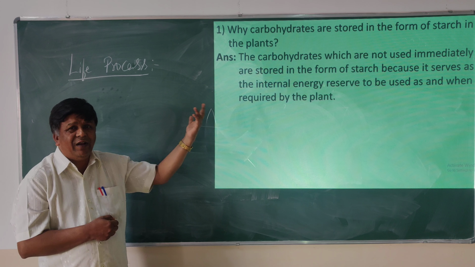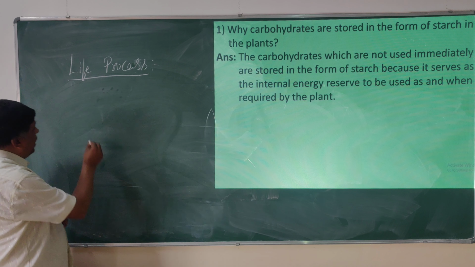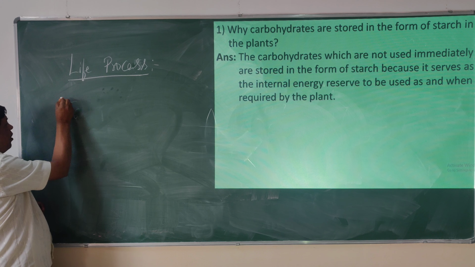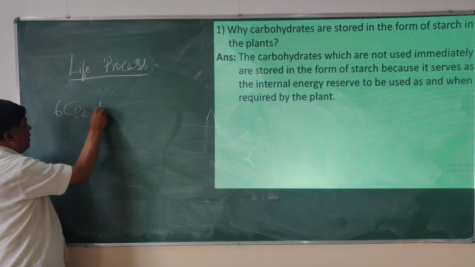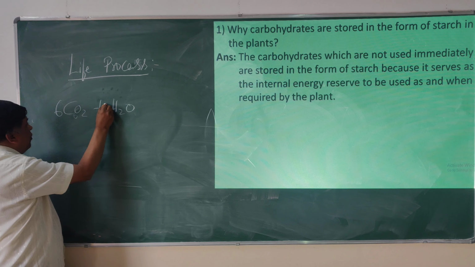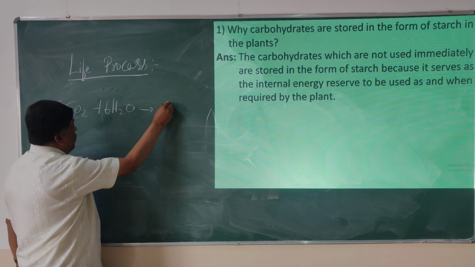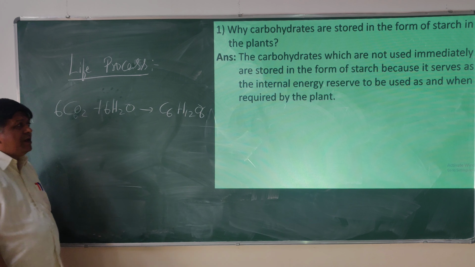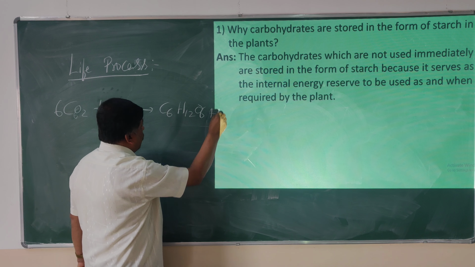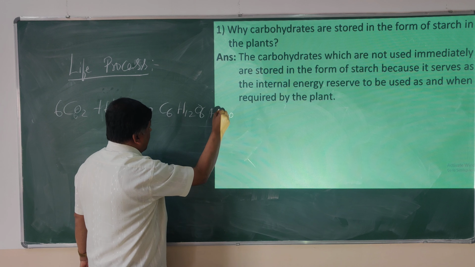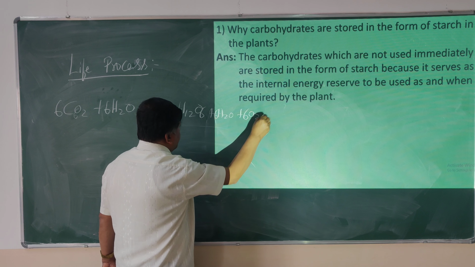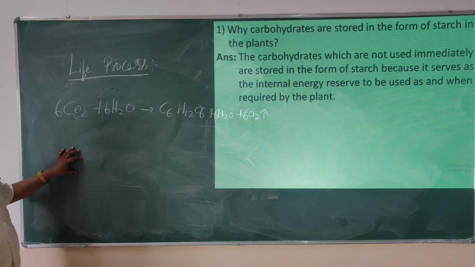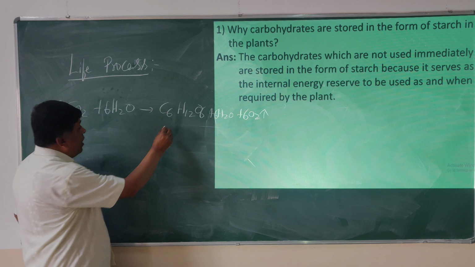To show you in a diagrammatic pattern, for example, you have studied about photosynthesis. Photosynthesis is what? You have carbon dioxide plus water, which helps in producing glucose, C6H12O6. This is the reaction. Apart from this, you also get water, 6H2O, and 6 oxygen. So this is the reaction which occurs during photosynthesis. Now our question is this. The glucose